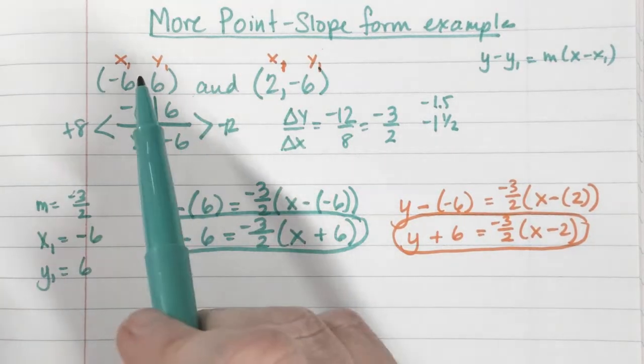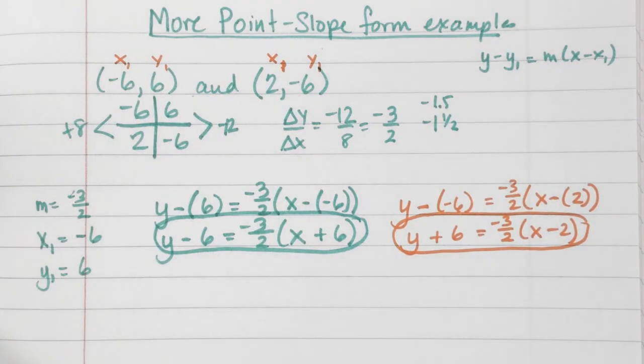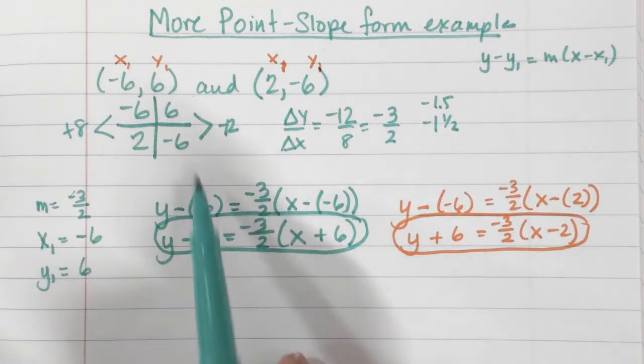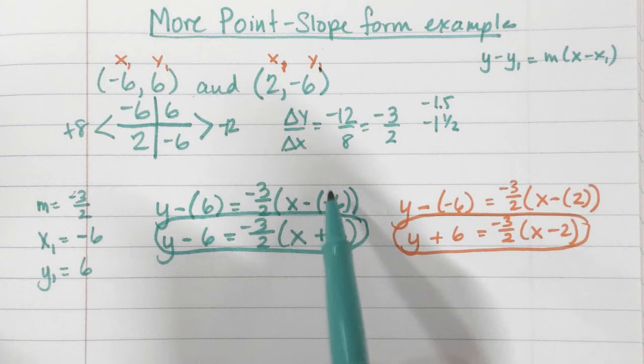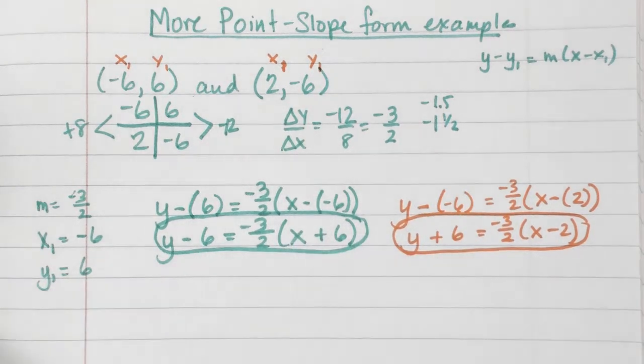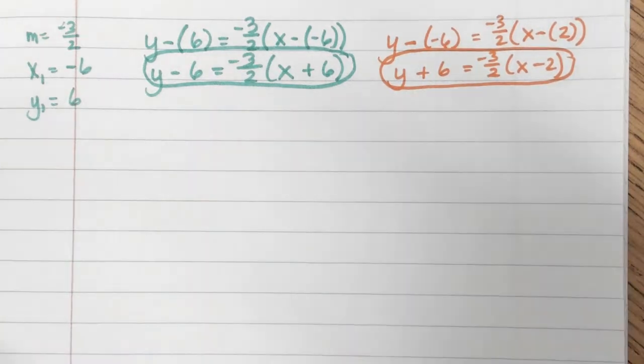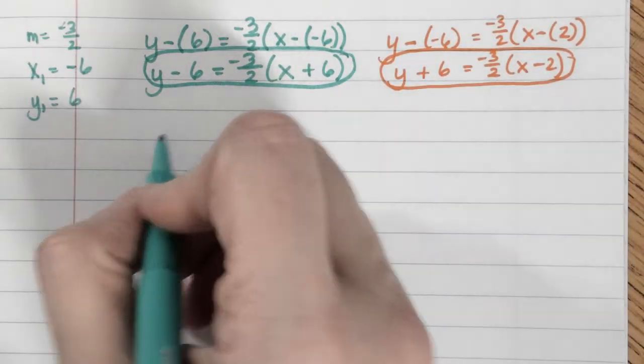So if they give me these 2 points and say, what's the equation in point slope form? They could be giving me either one of them, okay? So again, first we substitute in parentheses, then we simplify any double negatives, and then we're in point slope form. Now, if we want to take the next step and turn it into slope intercept form, it's only 2 more